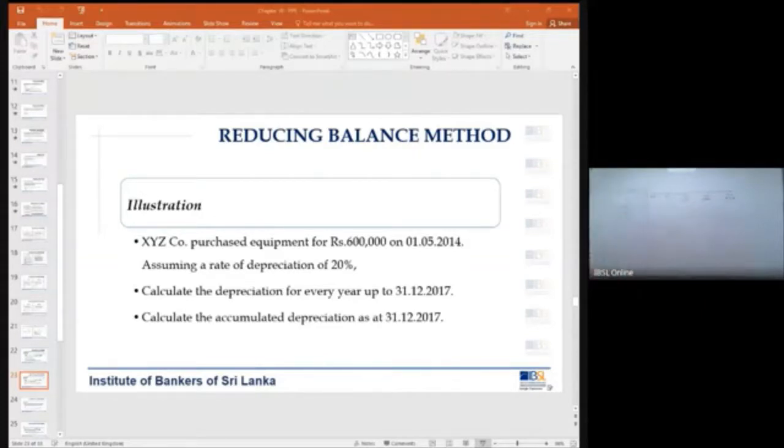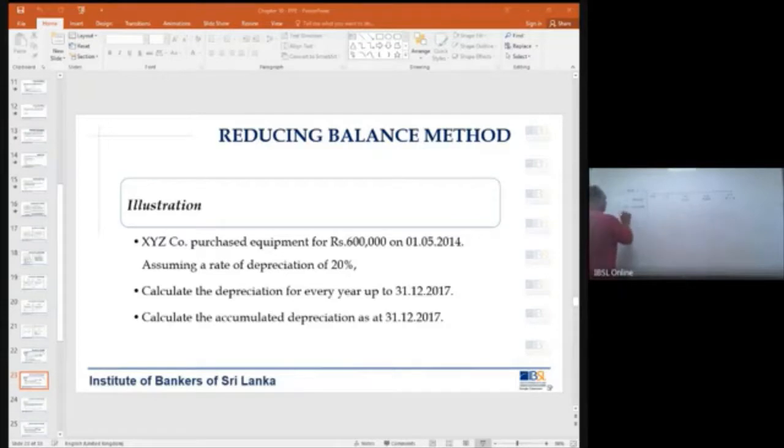So it is PQR company. Purchase computer equipment for 180,000 on 1/1/2016. Assuming a lifespan of 5 years.